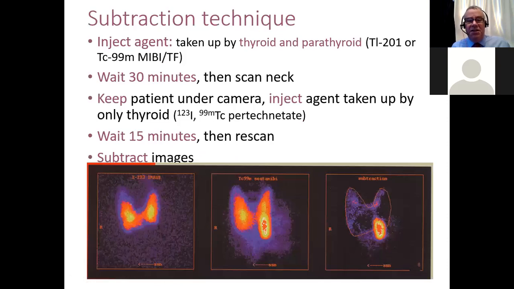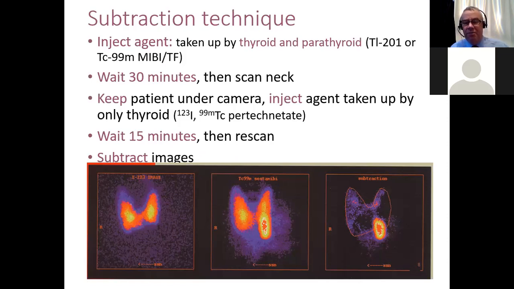So this is a subtraction technique, and what you do is you inject a tracer which is taken up by the thyroid or parathyroid. If you like irradiating your patients and spending lots of money, you can use thallium, but these days we would tend to use MIBI. You wait 30 minutes and then we scan the neck, and then keeping the patient under the camera, we then